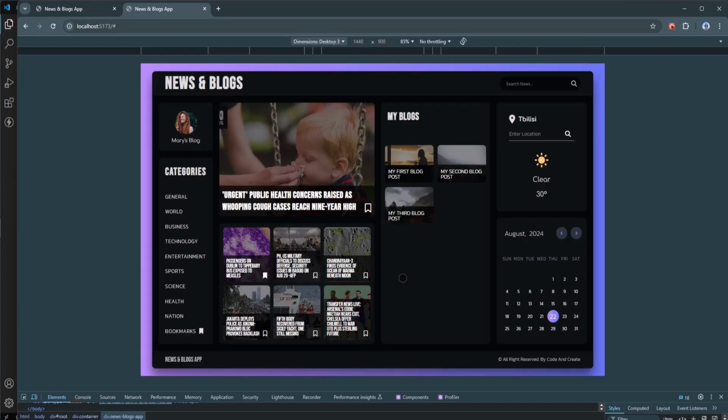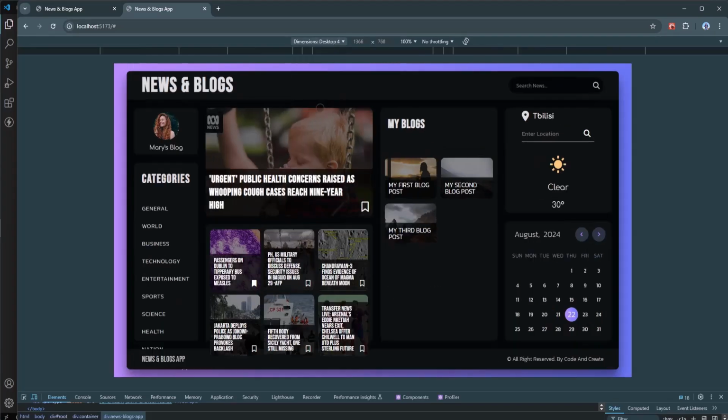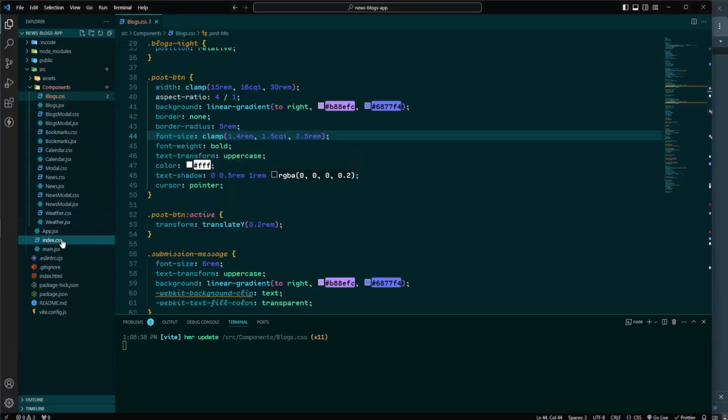Let's go to the news part. It looks good as well. Now I'm going to switch to desktop 4. As you can see, we have to make some changes here. So let's go to VS Code, and first of all, I'm going to open the index.css file where we have